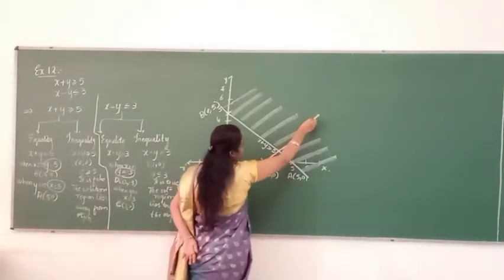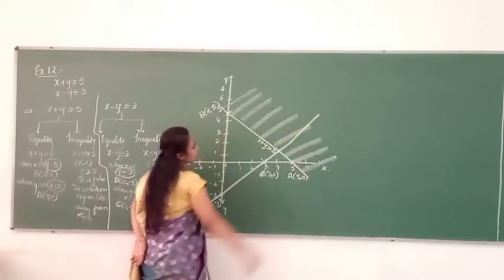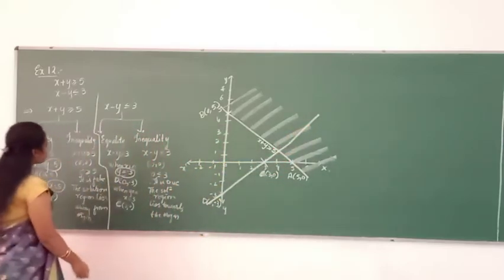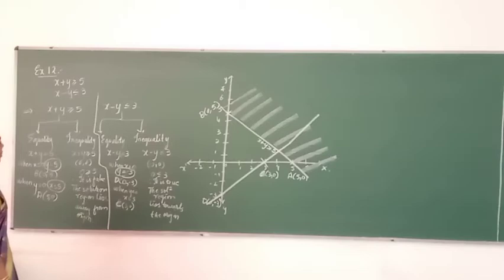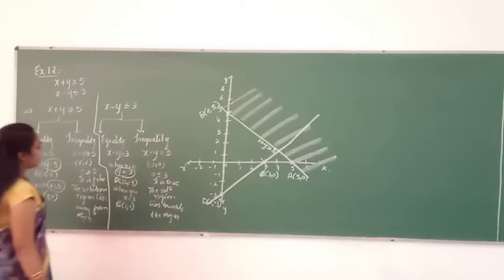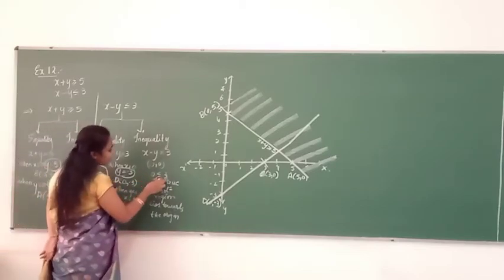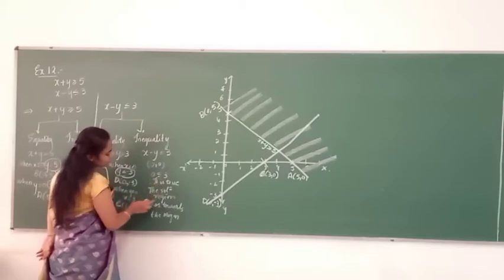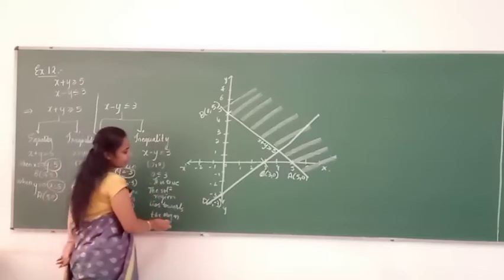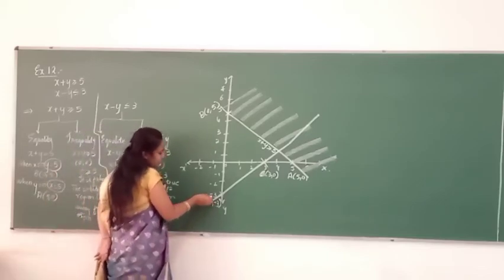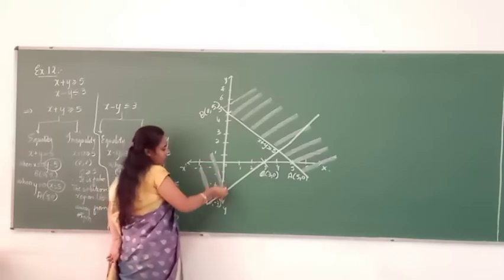I just extend this because let us check where the solution region of this one will be. That is the bold line for x minus y is less than or equal to 3. So just check here, 0 is less than or equal to 3. It is true. The solution region lies towards the origin. Lying towards the origin means it will be in this manner.